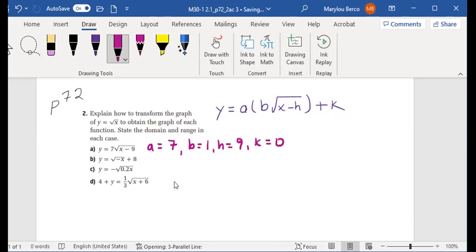So the graph of y equals root x is vertically stretched by a factor of 7 and translated 9 units to the right. So the domain